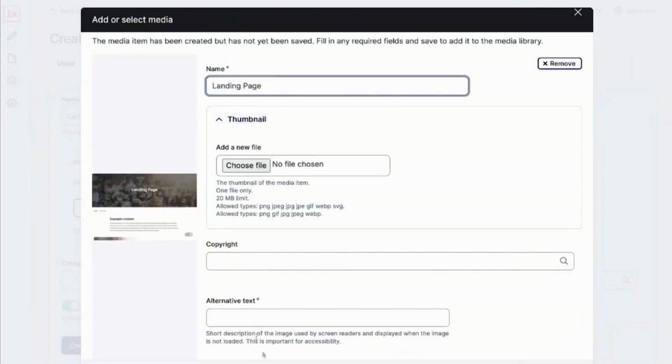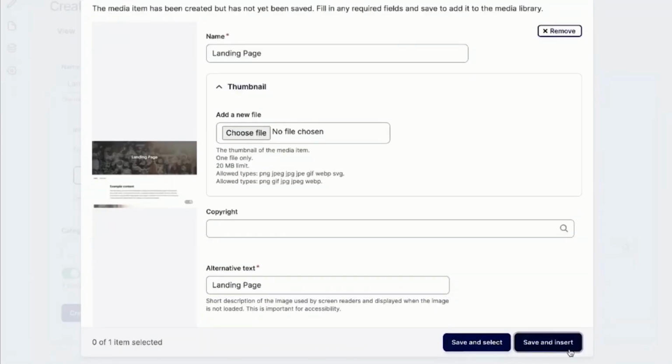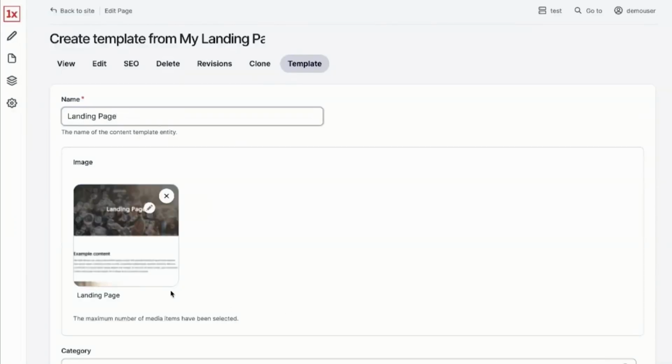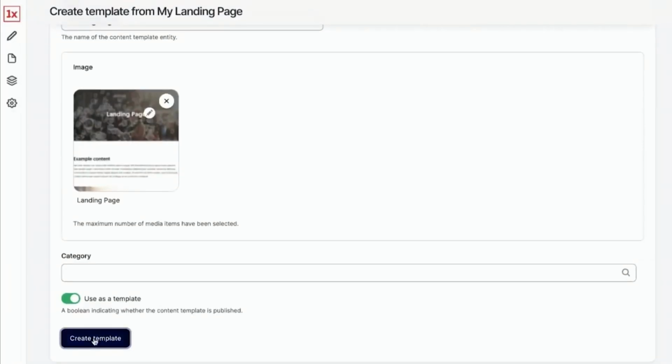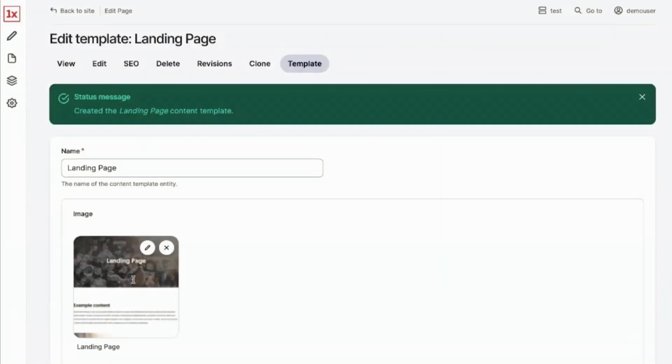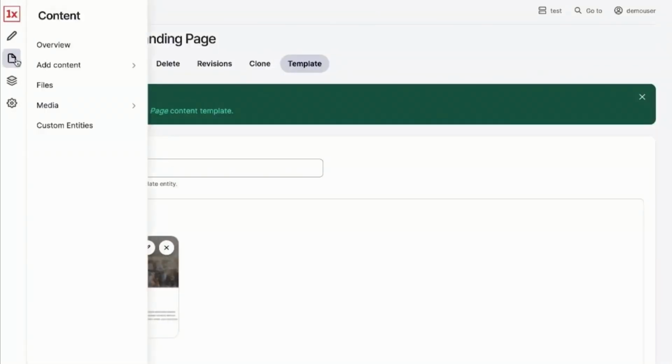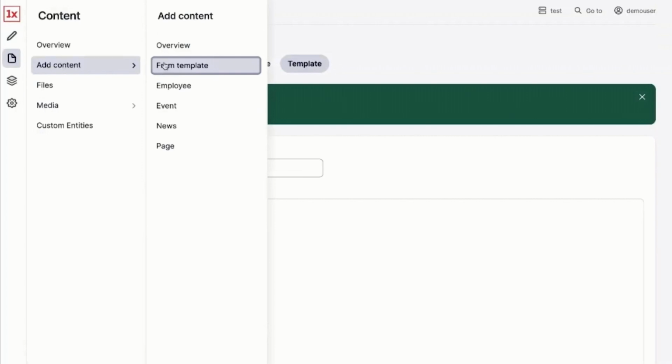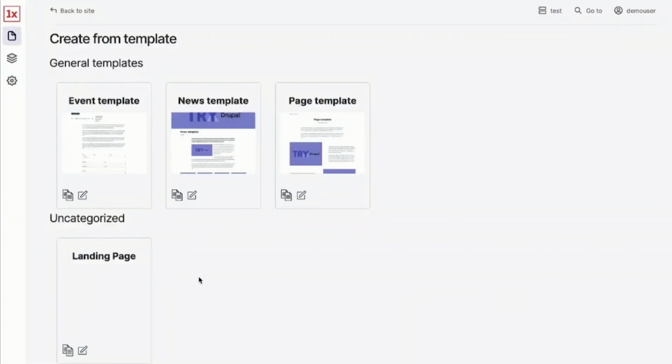And you can also apply some categorization, the same as Microsoft Word or Google Docs. After you create the template, it appears on the templates page, and you can, of course, create content from it right away.